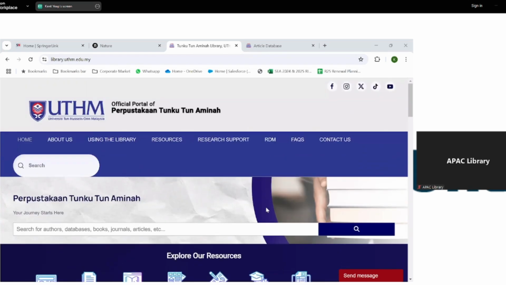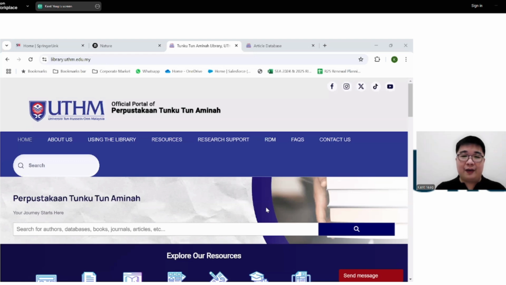Thanks, Shan. So obviously this is in a way a public service announcement. But it's very important to note that when it comes to accessing research databases that are subscribed by your library, it's important how you actually get to the platforms, not just going directly to or typing in the URL.